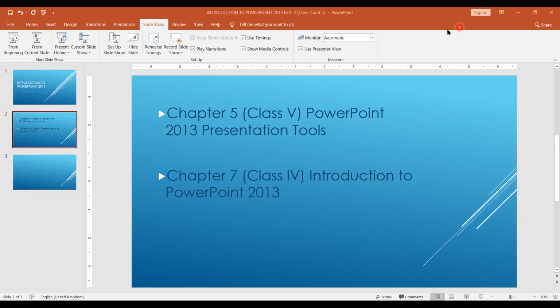Okay, guys. And this whole area is called the ribbon. Just below the title bar, this is called the ribbon. It contains multiple tabs, like, can you see File tab, Home tab? So it contains multiple tabs, and the tabs contain various commands divided into groups. For example, in Slide Show, can you see From Beginning, From Current Slide? Okay, into groups. Now let me go to Home tab.